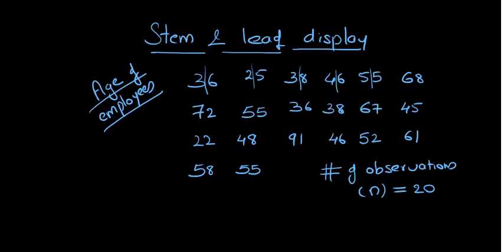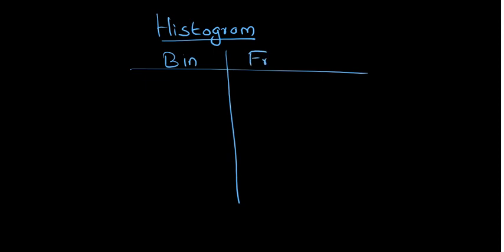So now we will go to the histogram, which is another common way of making a statistical description or representing statistical data. I will use the same data here. In a histogram, what you need is that instead of stem and leaf, you have the bins and the frequency. You have to first identify the bins. Bins are nothing but a range of values, and the frequency is the number of observations that fall within that range, or within that bin.